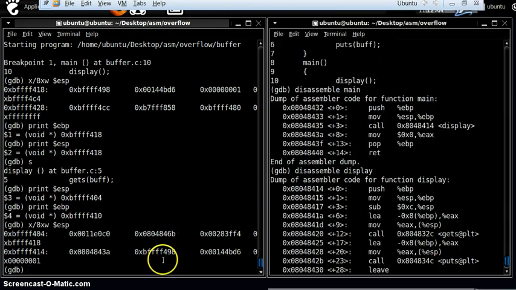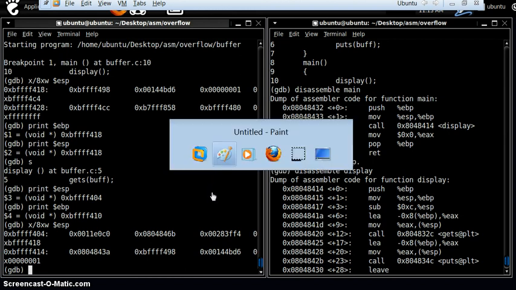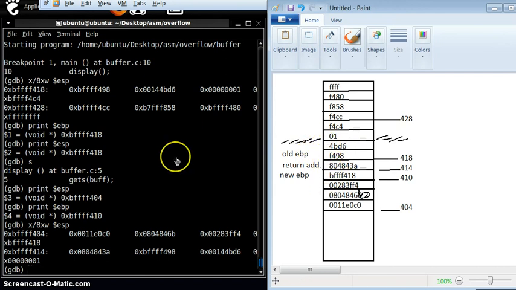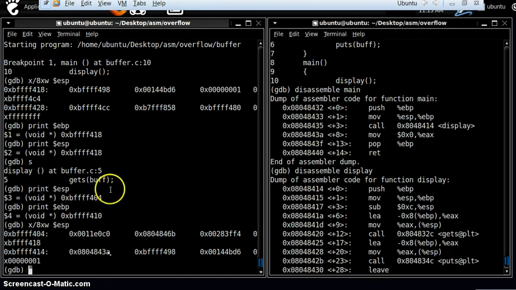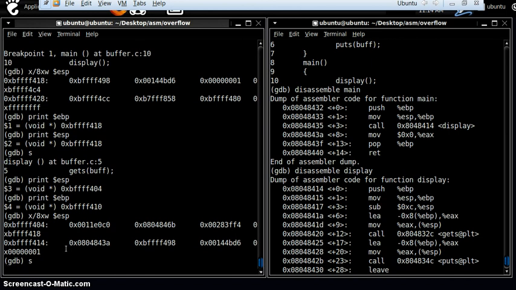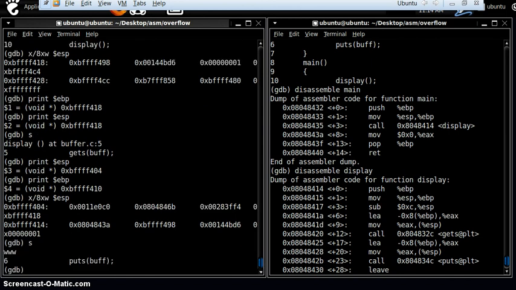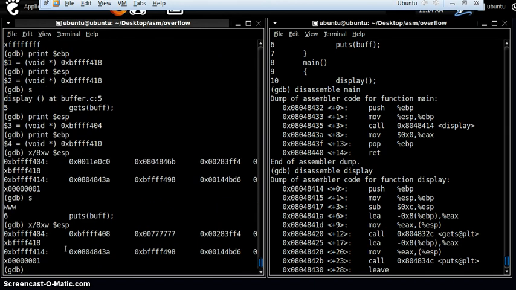So now, what's next? Okay, everything seems good. So where we are halted right now, we are just going to execute getting the value from the user. Okay, so everything is clear. So let's get some value. Let's get just 3 bytes. So where does it get stored? Just look over here. Here it is W, W and W. 3 W's are stored onto our stack.